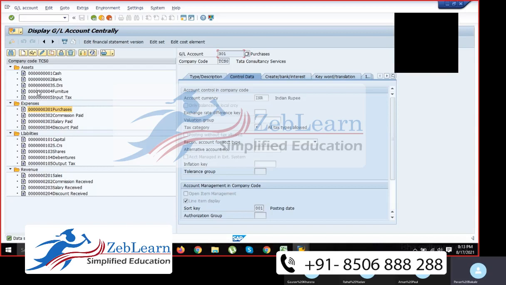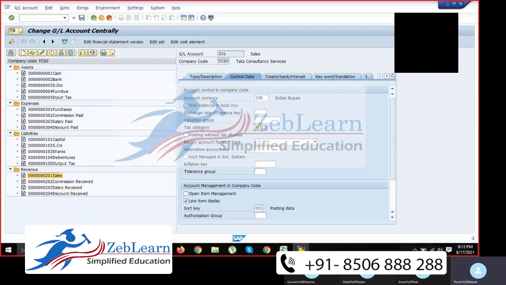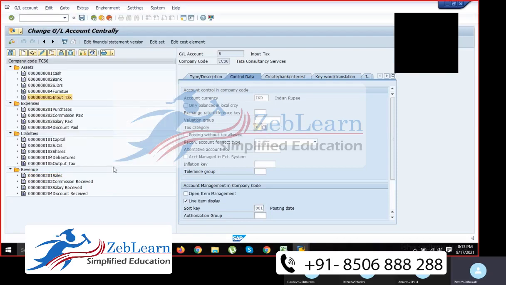Sales, star. Then we have input tax also, save. And you can put it here for output tax as well.